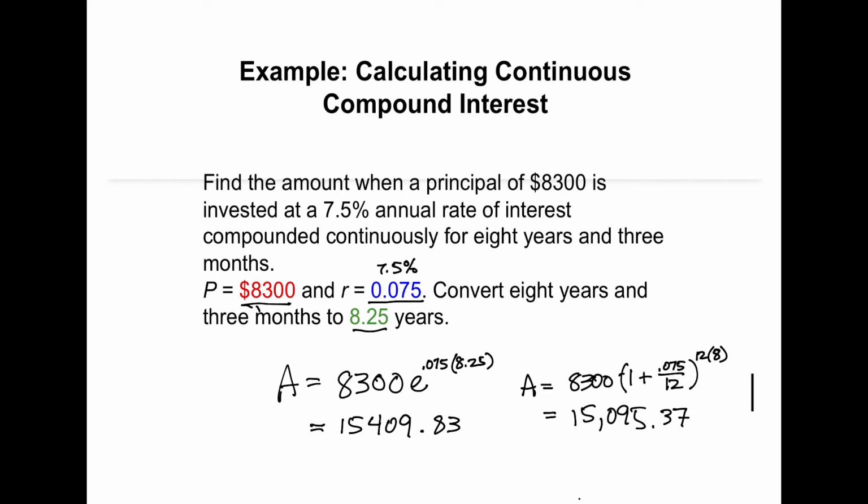I'm not supposed to multiply by 8. I had an 8, but it should be 8.25. So let me fix that. 8.25. And then I need to fix my calculation. And we'll see what a difference that makes. Okay, so it actually would come out then to $15,380.18. Still, about a $30 difference there between the two, which isn't much, but the only difference there is how